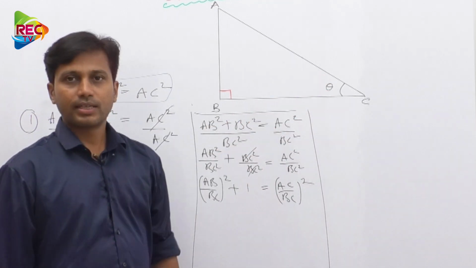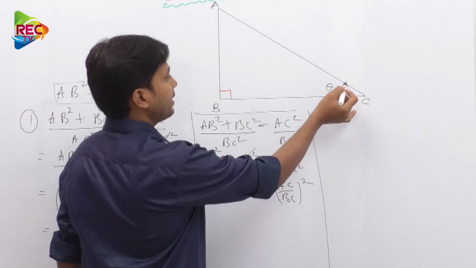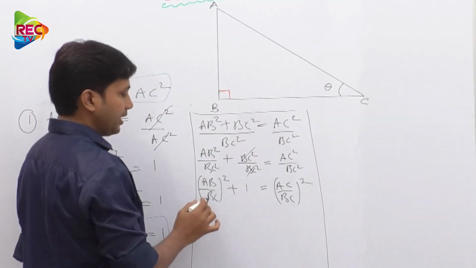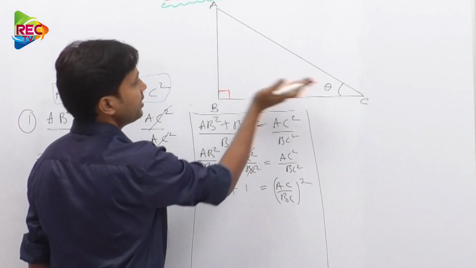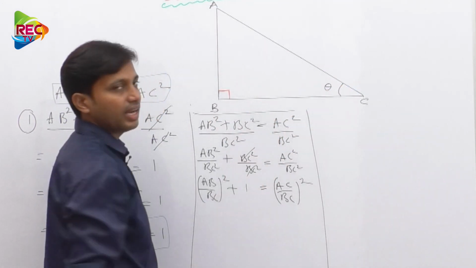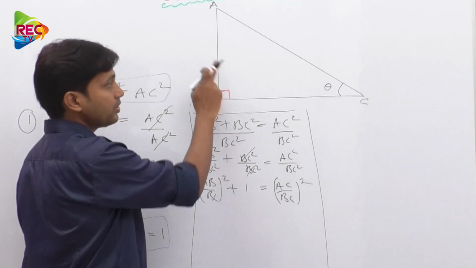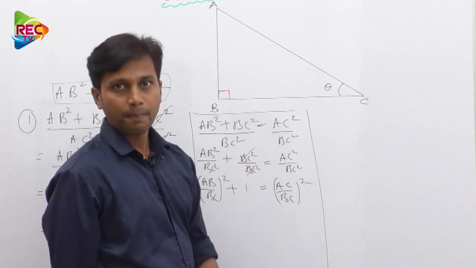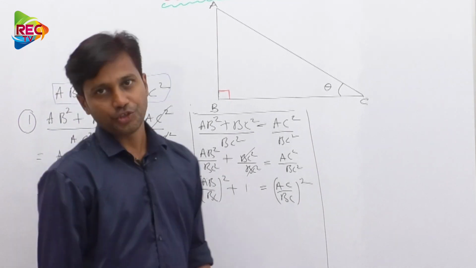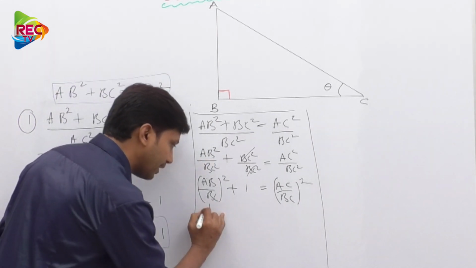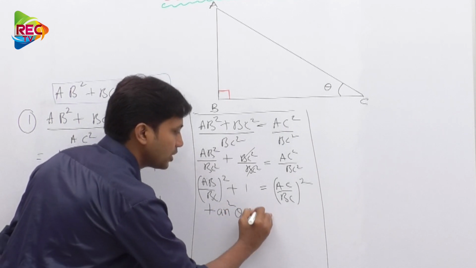Again go with the basic. What happens? See here, AB by BC: to this theta, AB is the opposite side and this BC is the adjacent side. Is it right or not? To this theta, AB is opposite, and to this theta, BC is adjacent. So this is a ratio between opposite to adjacent to this theta. So how can we write it? This is a tangent ratio. So this is tan theta. So tan theta whole square, which can be further written as tan square theta plus 1 is equal to,